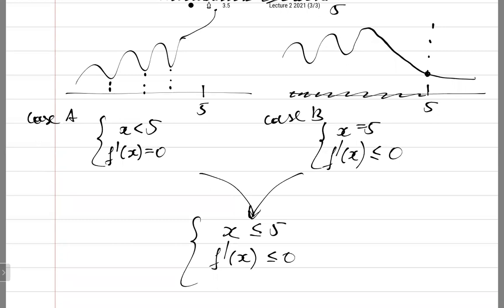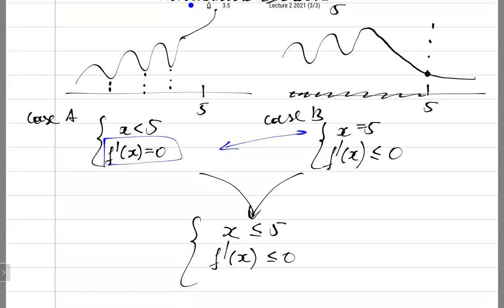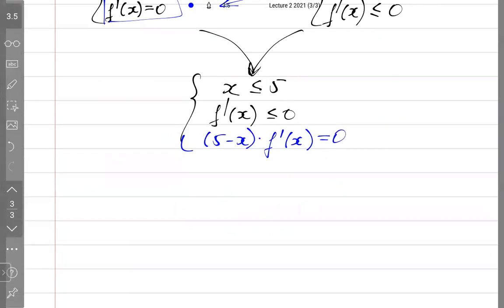One constraint should be satisfied as equality. Okay? One equality: we should have either f prime is 0, or x is 5. So we need which equation? We need to add one equation, exactly the same as the previous: 5 minus x times f prime of x is equal to 0. And this system will take care of both cases. Okay? So we have, even after considering this simple case,